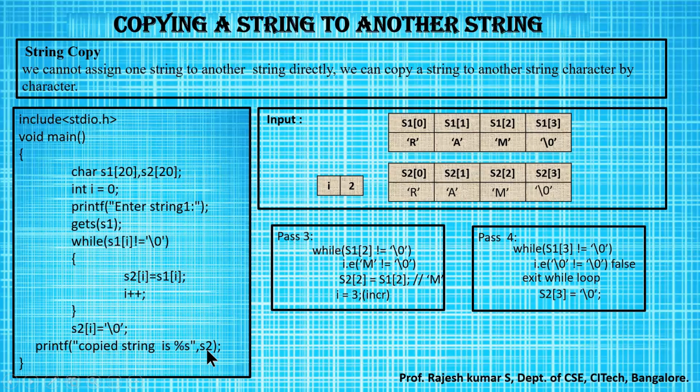The value we are trying to fetch is the value present in the S2 array. Now what is the value present in the S2 array? Ram is the string present in the S2 array. That will be printed on the monitor screen. Okay, this is the logic behind the program of copying a string to another string without using a built-in function